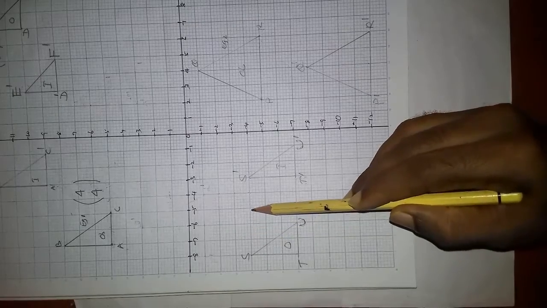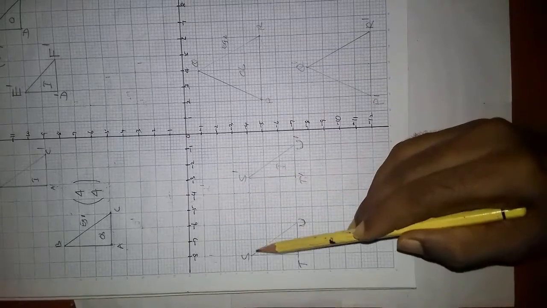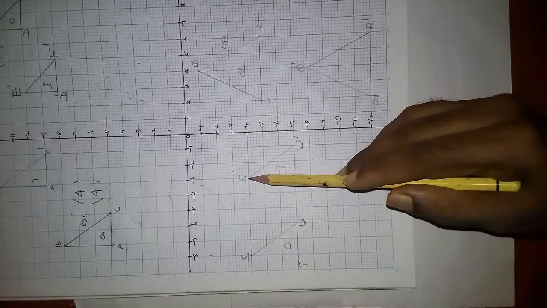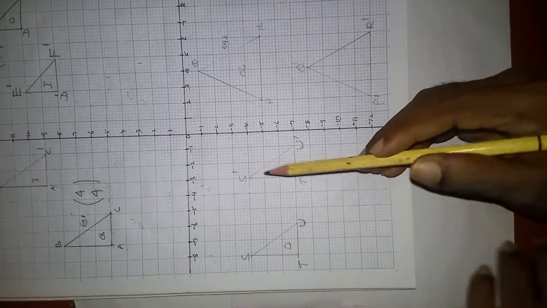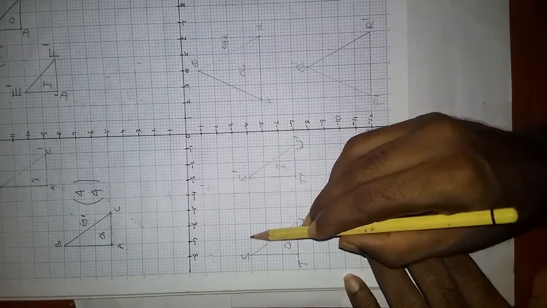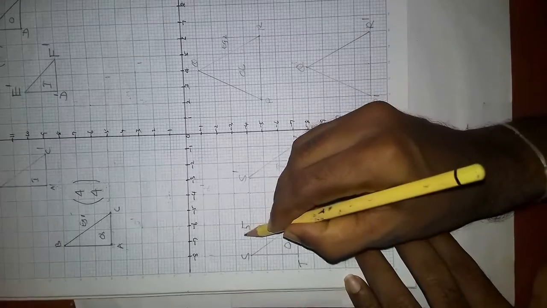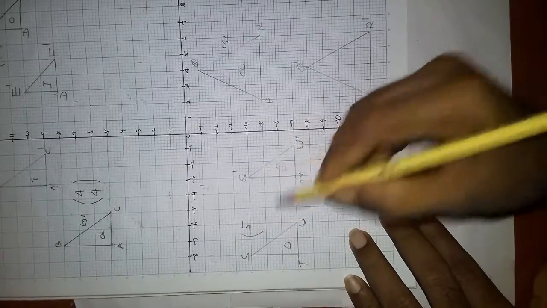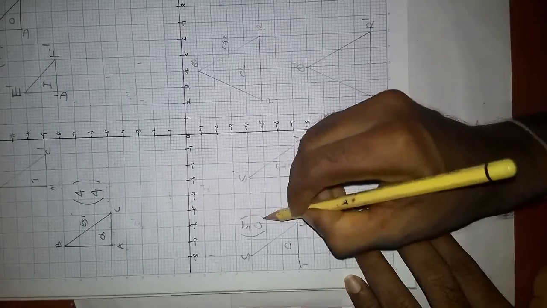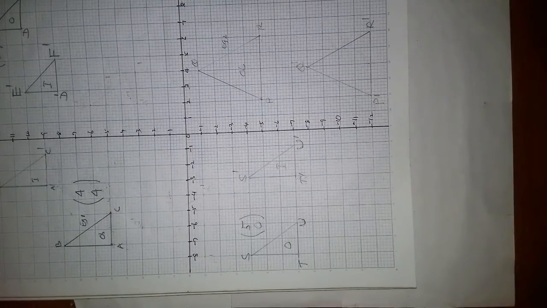1 2 3 4 5. You don't have to go vertically, you have to go only horizontally. When you go only horizontally, you meet S dash from S. So therefore there is no vertical motion. Horizontal movement is 5 units, rightward means positive 5. There is no vertical movement, so 0. If there is no vertical movement, you have to put 0. Always in a vector there should be a pair of numbers, right?